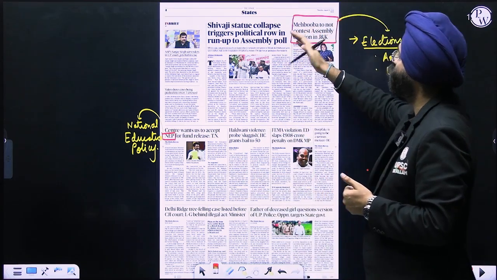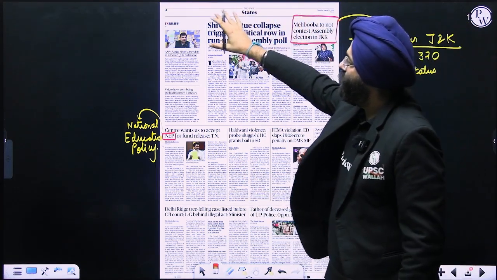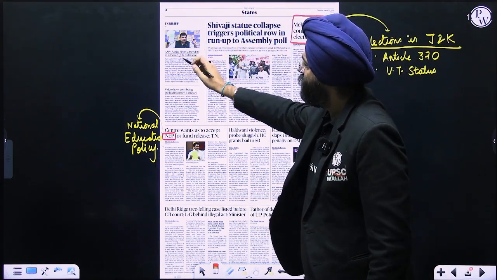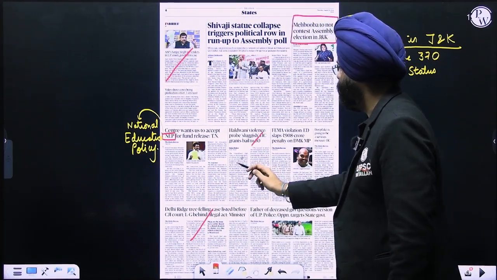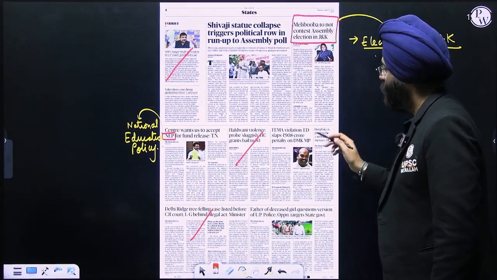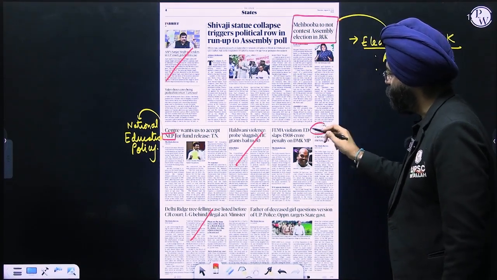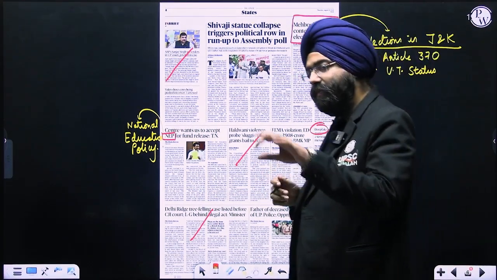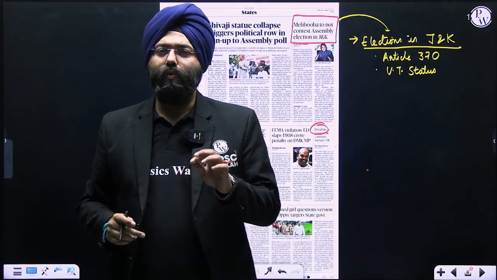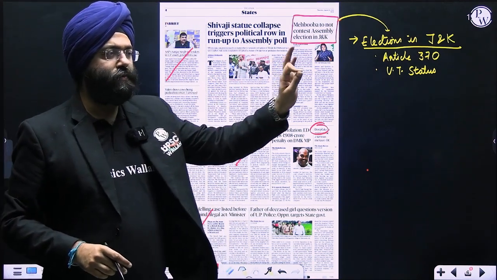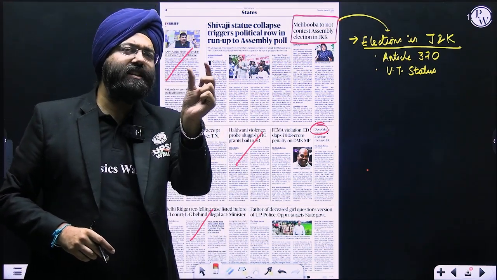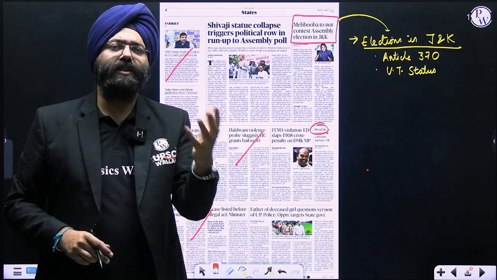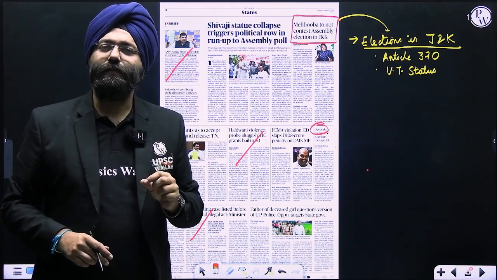Secondly, if you go here, other things that are mentioned might not be of much significance, right? Now, over here, the word deepfake is mentioned, right? In the preliminary examination, they can ask you, what do you mean by the concept of deepfake? From where do these single words that come in your preliminary examination come from? These are the newspapers, right?